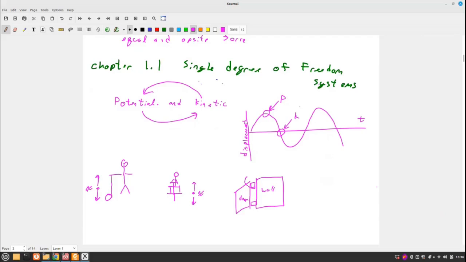And then this door wants to swing, well, let's use a different color there. This door wants to swing in and out, and we might call that rotational degree of freedom theta. But again, we only have one variable, and that's a 1 degree of freedom system. So typically we'll use X and theta, but you could also use Y or Z. We'll use X and theta, and we're typically going to write these as a function of time,